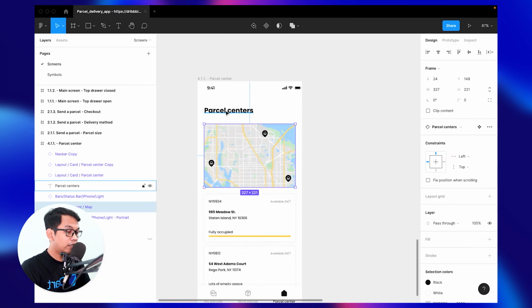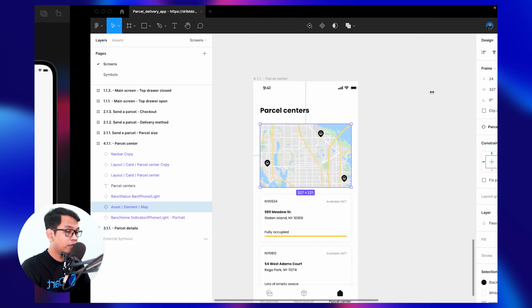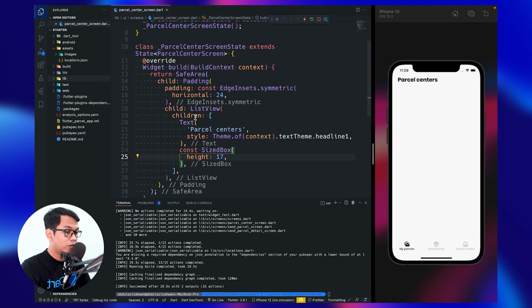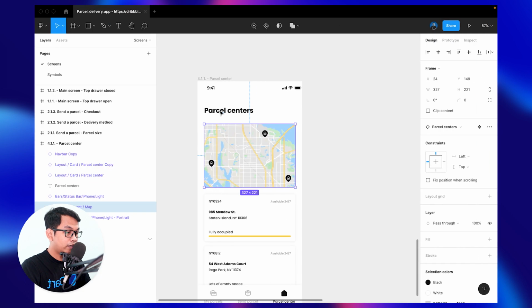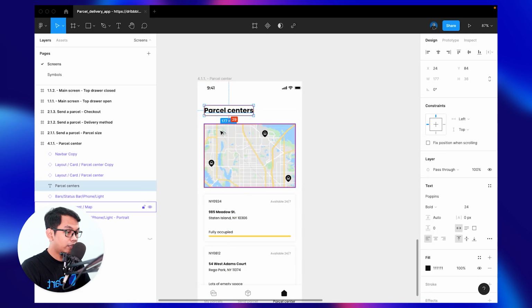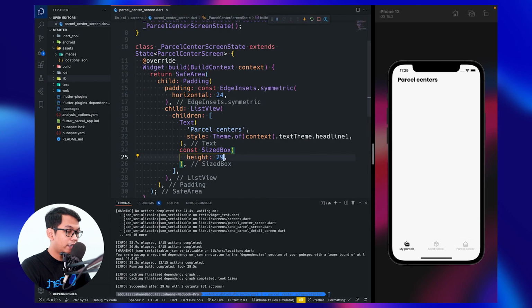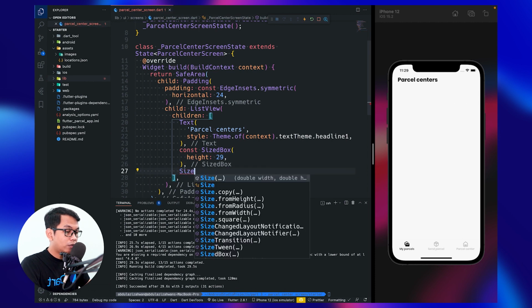And in our design, we have a small map view, which is 20 by 20 and 327. So for that, let's go to our list view and let's see the distance between that. So we say 29, and below our size box, we can use size box again.